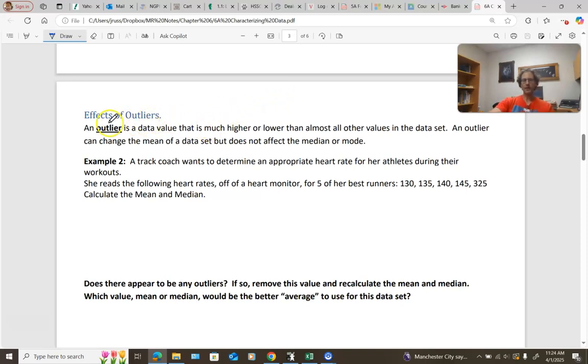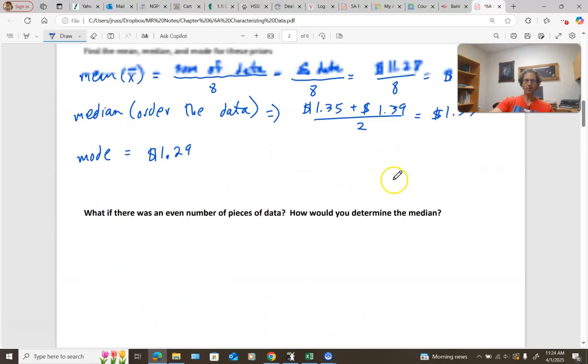So let's first talk about what an outlier is. An outlier in a data set is a value that's either much higher or lower than almost all the other values in the data set. Because of that, it can change the mean of the data set significantly, but it's not going to affect the median or the mode. Okay? So for example,